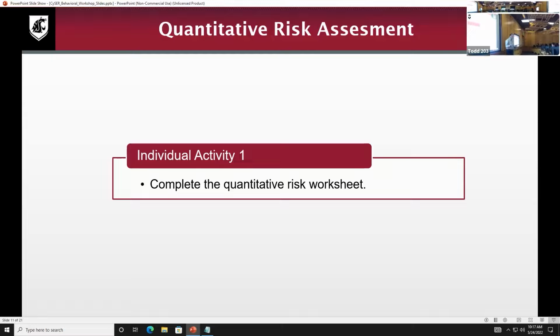And with this qualitative assessment, you have to be able to justify the high, medium, low sorts of numbers that you put in there and use that to demonstrate we should invest in fixing this thing as opposed to addressing this other issue. It's a lot less compelling than the quantitative risk assessment, but there is a process you can go through to come up with those sorts of estimates.